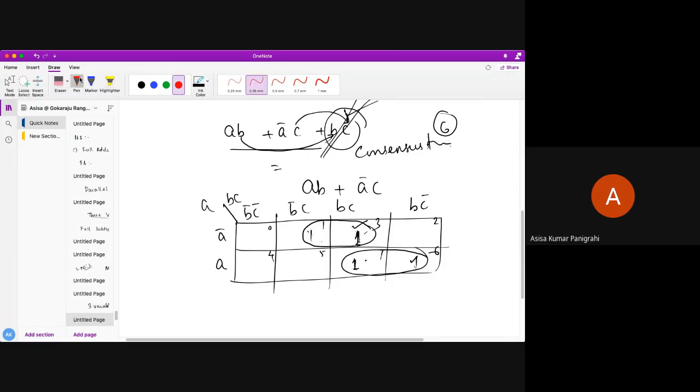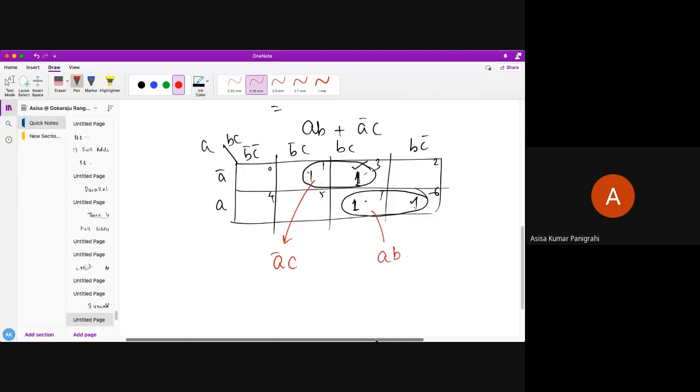Already I have combined all the minterms, so I can get the values over here. What is that? A bar and C for this, A and B for this. So I have got finally F of A, B, C, which is actually A bar C or A B. Very easy. All of you understand, students? So you have to look out also for some redundant terms. You should not combine those redundant terms. You have been given the freedom to combine, but at the end, you will end up with a lot of literals. So remember always, you have to combine it efficiently.